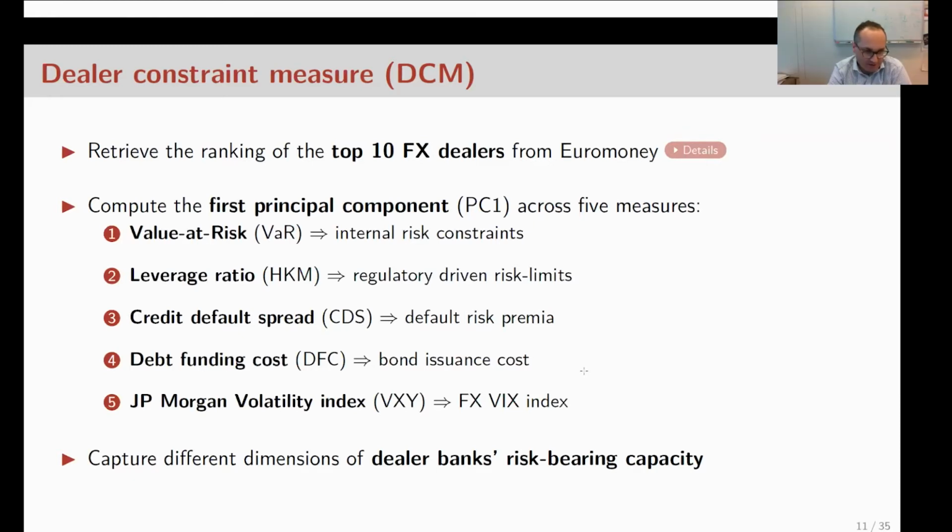Yeah, it's a good point. It is indeed a little bit odd, maybe, compared to the others. Still, it captures, similarly to some of the others, constraints that are related to value at risk. So whenever this VIX spikes for the FX spot market, we should see much more internal risk limits biting and constraints on inventories biting, etc. But I agree with you that it's maybe not a measure that links very closely to the primitives. It seems less of a primitive.